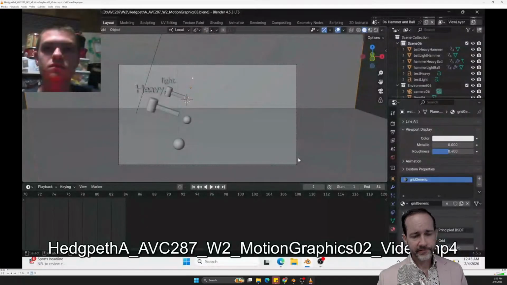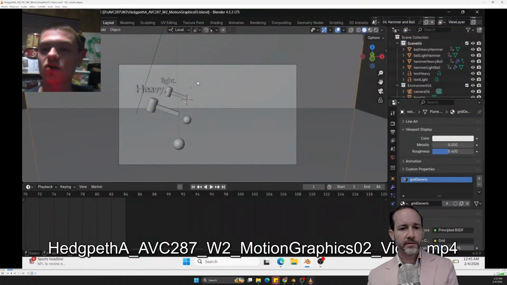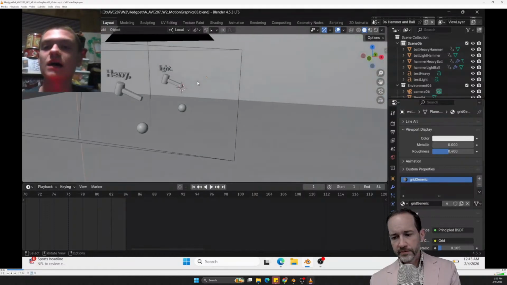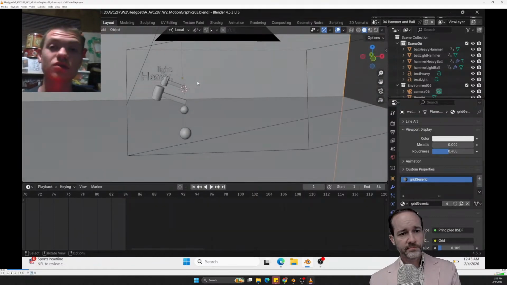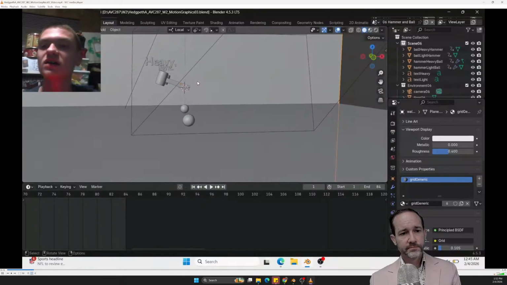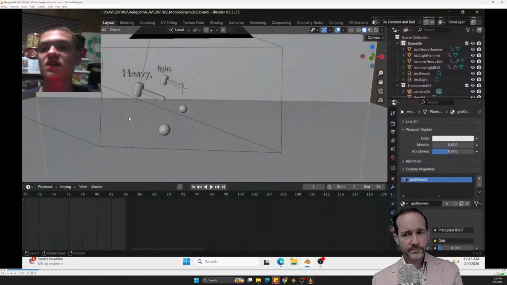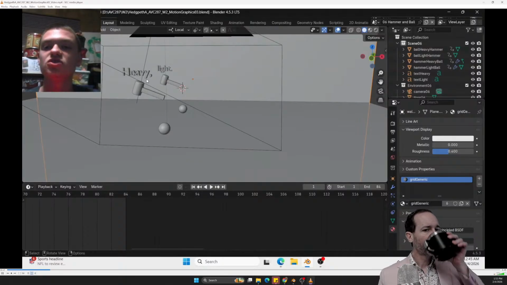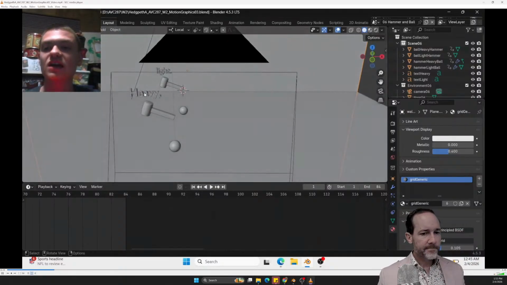Here's Aaron. Hey y'all, I have here all 6 of my animated ball scenes, and up first we of course have the applied learning scene with the hammer hitting the ball. So to start this, I first of course made 2 duplicate hammers and balls, and I started with the heavy one.